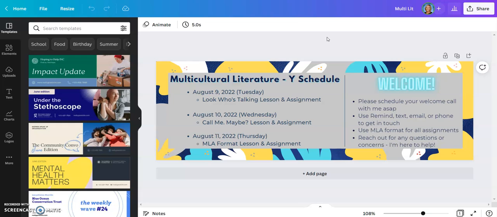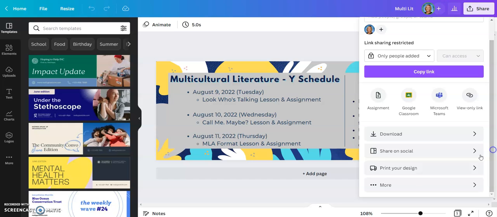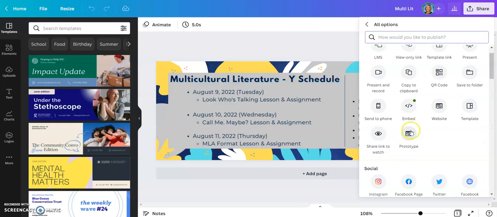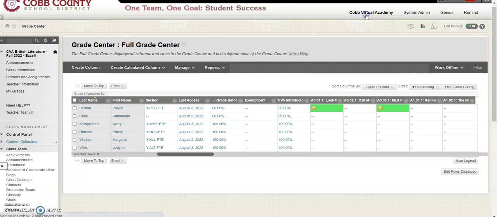So let's say that you're finished creating your little announcement. What you're going to do is go up to share, and then you're going to go to more. And then right here is embed. When you click on that, it brings up two different embedding codes. You want to do this first one, which you'll just hit copy on. And then when you come back over into your,